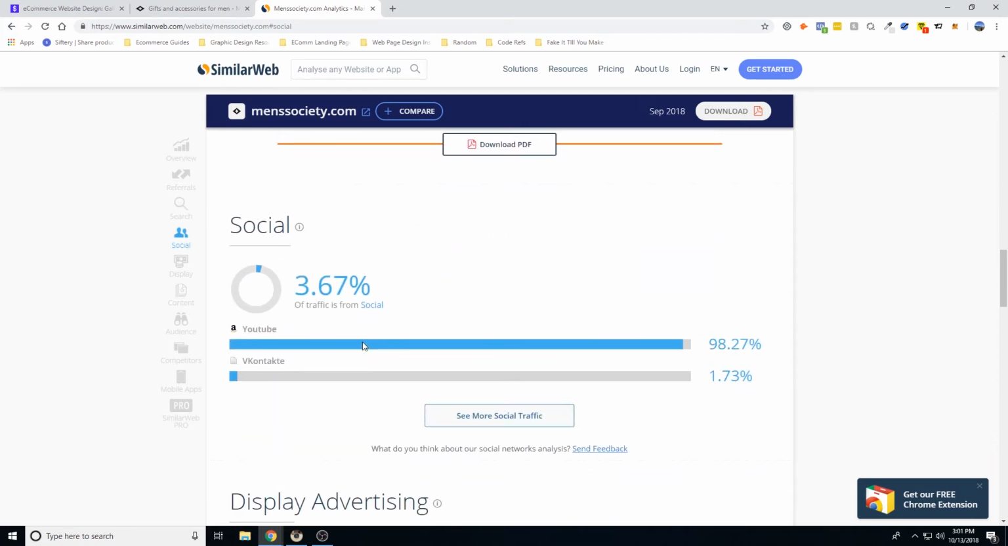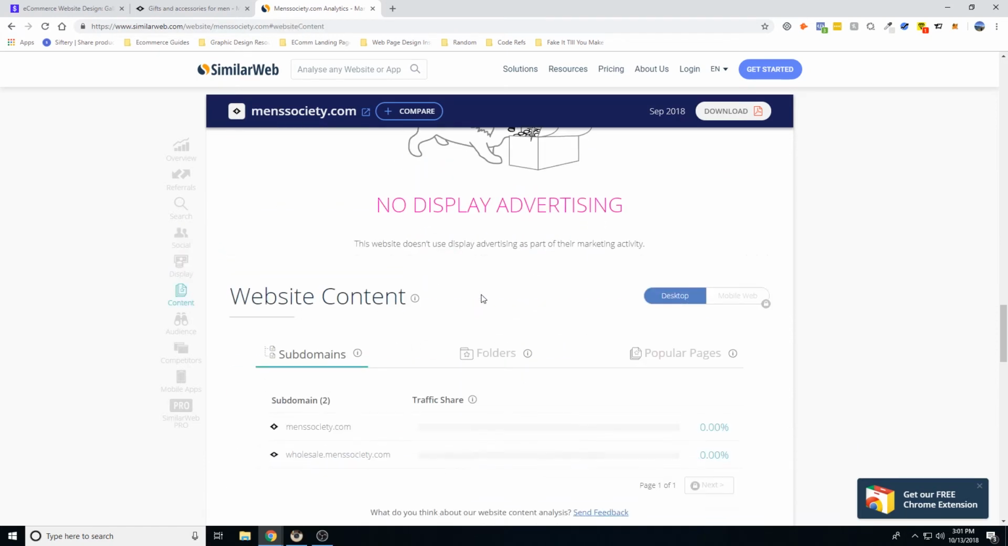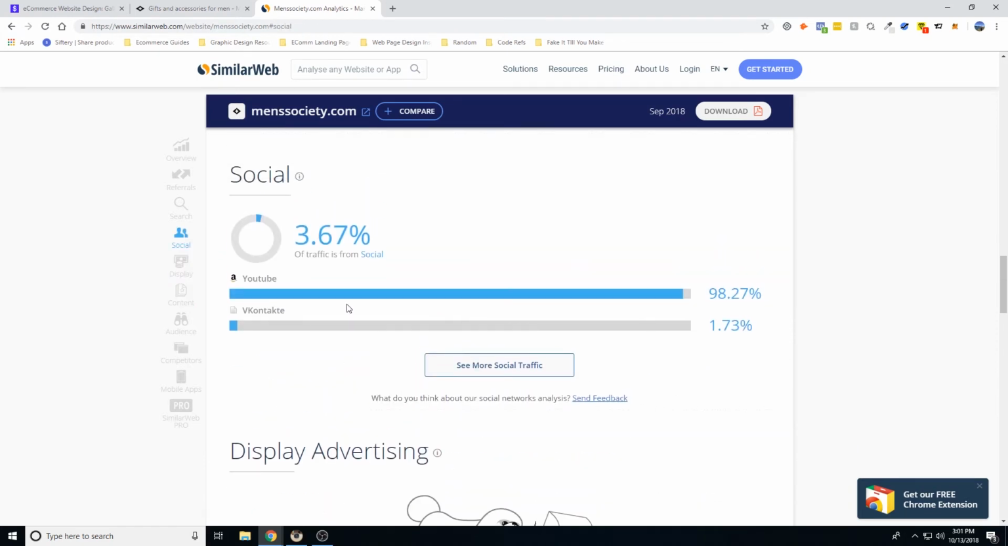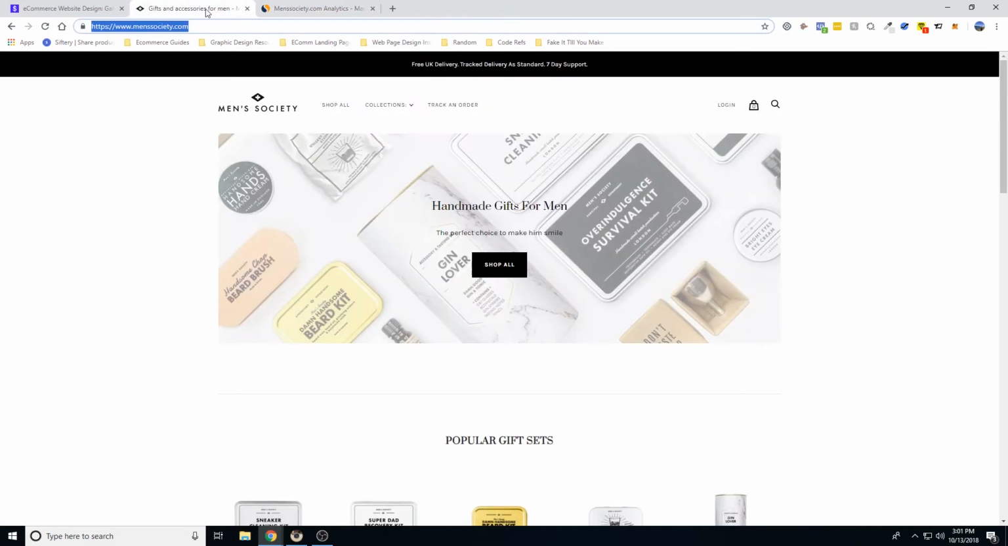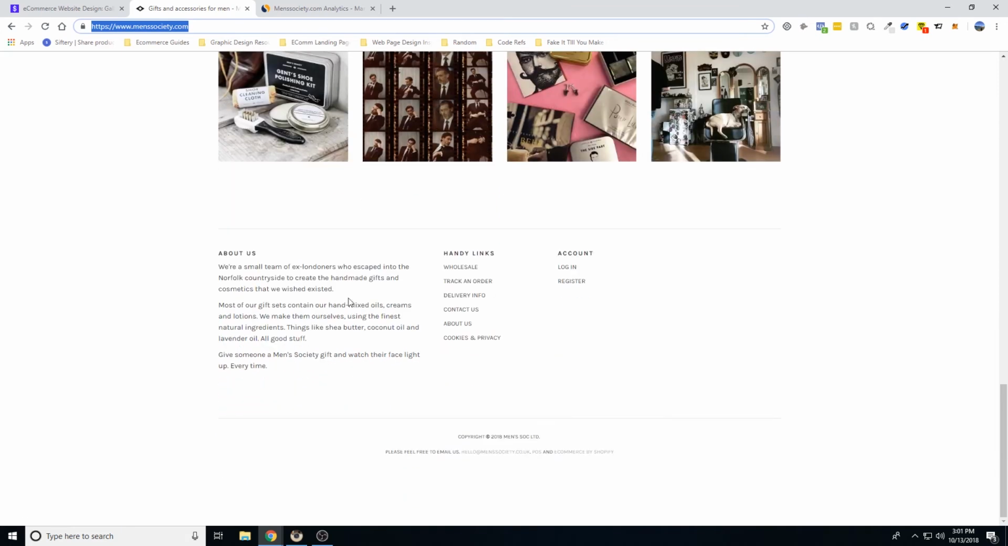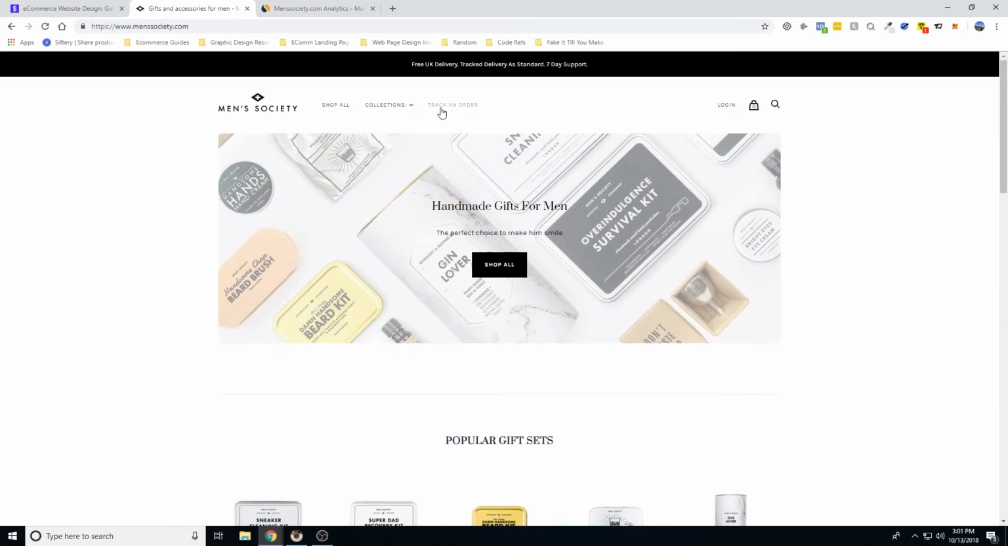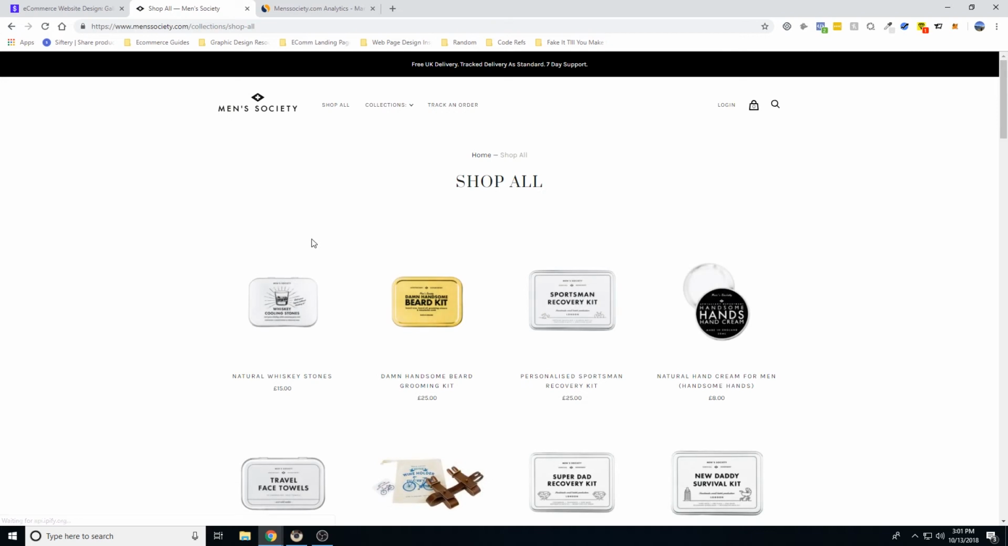Social. So YouTube is a huge 98% of their social traffic, which is 3% of their total traffic, which we don't necessarily know how much that is. So we could see if they have a YouTube and just kind of see what they're doing. I'm not seeing a link to it. Before we try to find them on YouTube, let's check out their store and just see how they have it